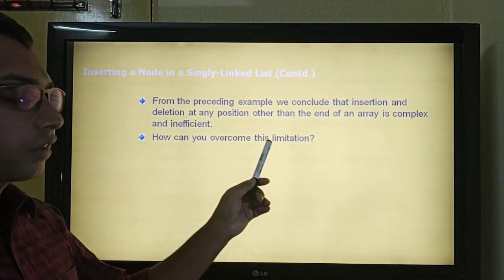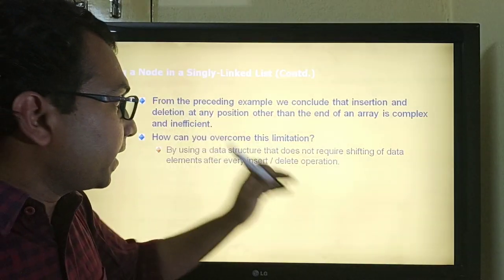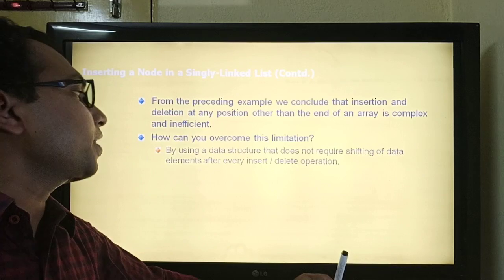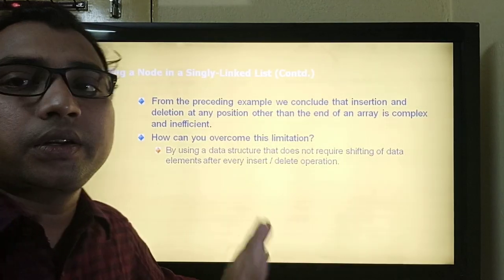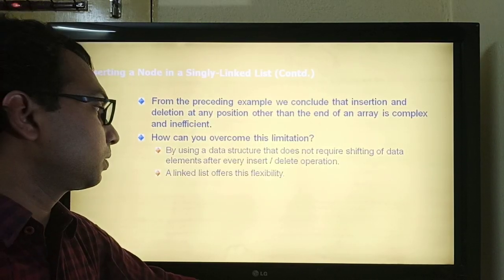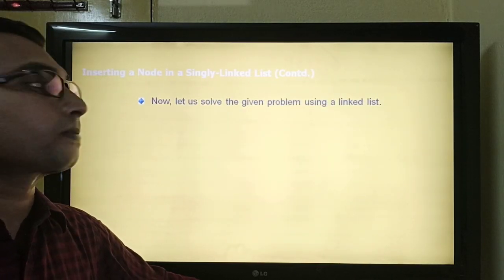So how will we overcome these limitations? By using a data structure that does not require shifting of data elements after every insert or delete operation. So we have the linked list which will provide us such flexibility.